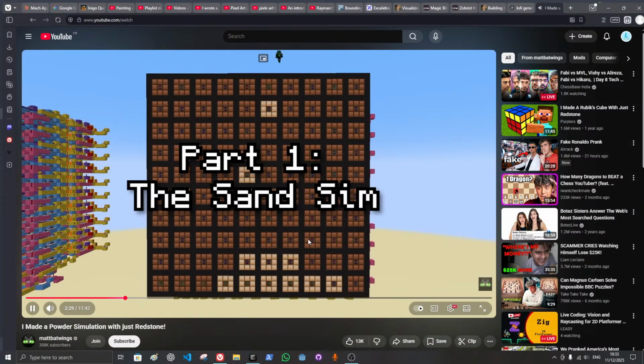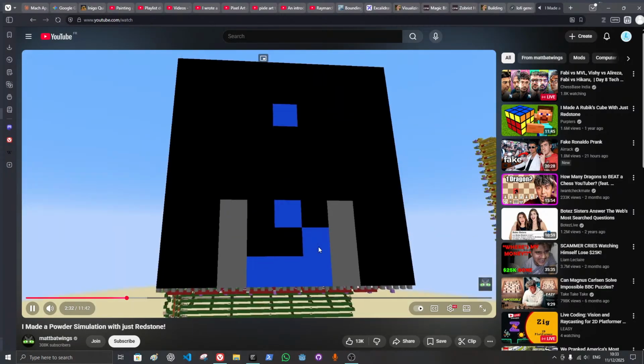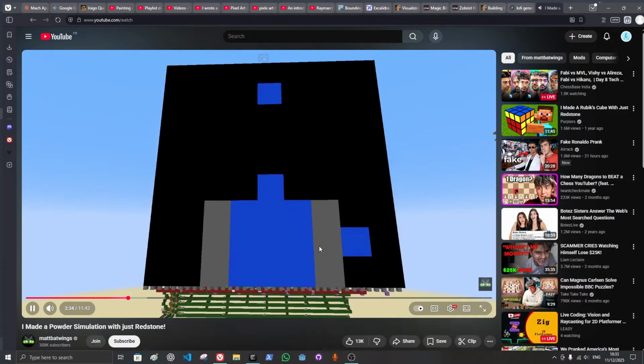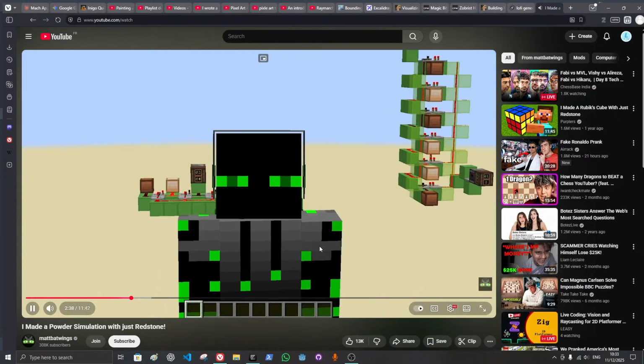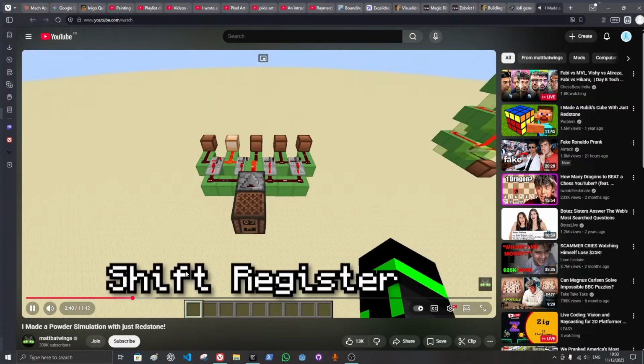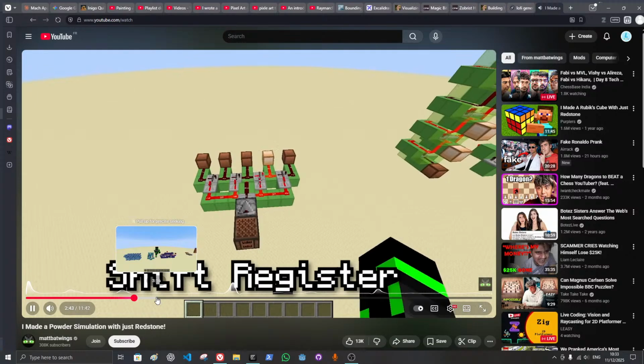Simulator for sand with just these 4 basic rules. If I could do that, I'd feel way more comfortable moving on to a more complicated powder sim. So the first step was to figure out how to move the particles. Typically when I hear movement, I think of shift registers, which use locked repeaters to move signals. These felt like a good